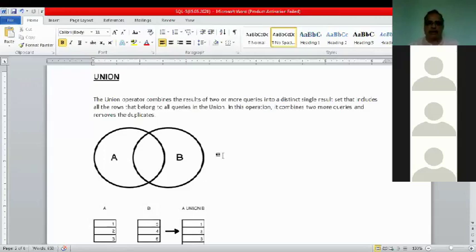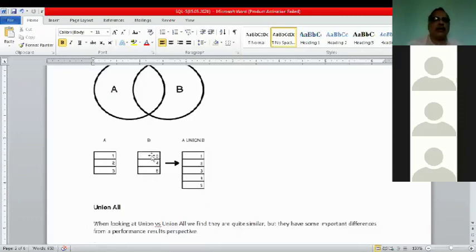Repeated values will not be in the union. In union, repeated values do not take place. That means only the distinct values are shown. If you remember the distinct clause, it gets applied by default. So repeated values will not come.